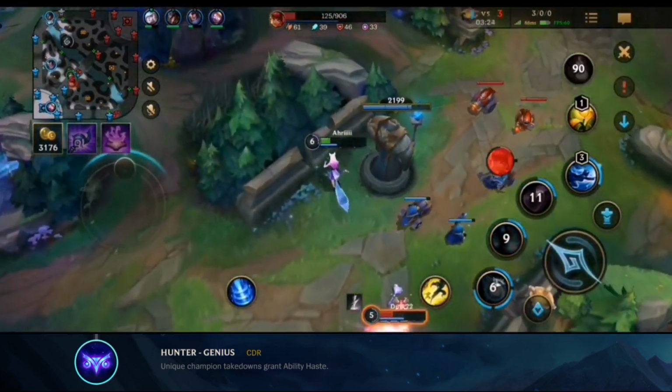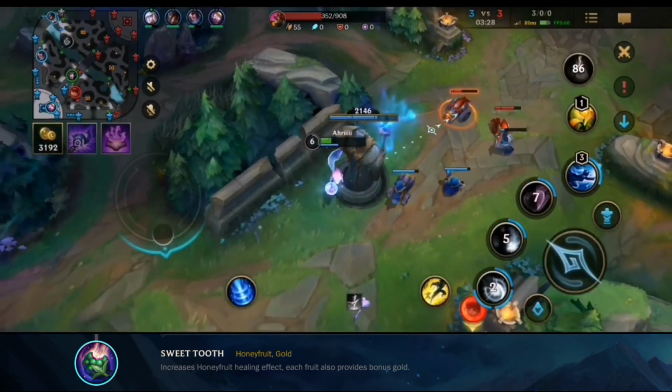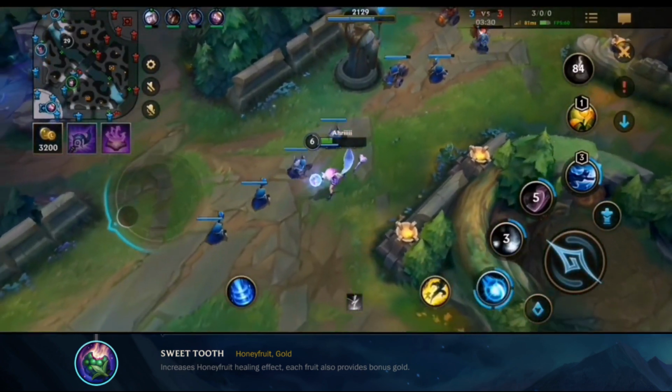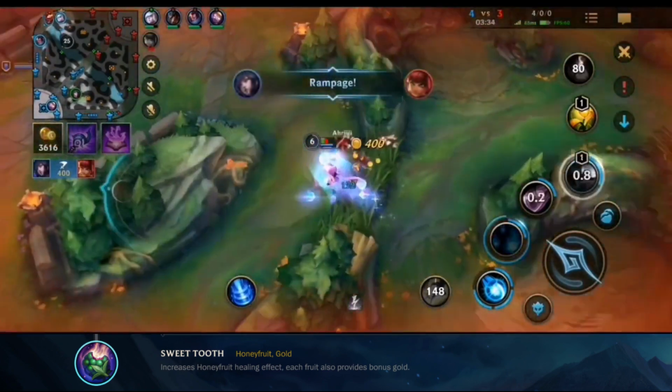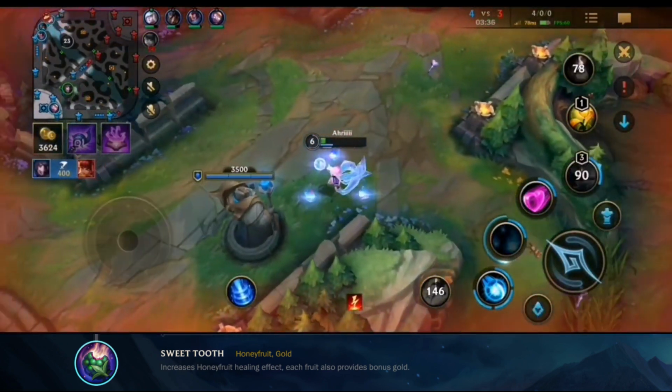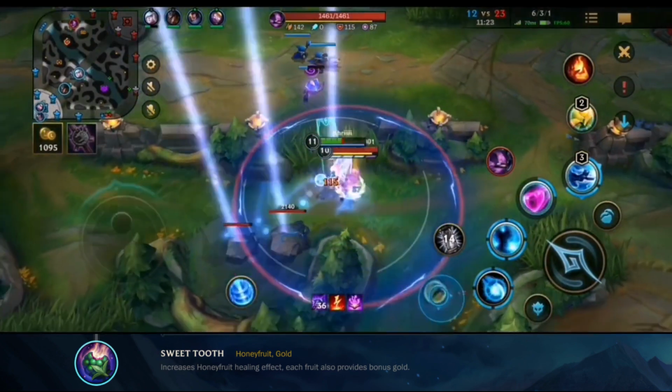The other rune that you can consider is Sweet Tooth, and the reason why you want to be taking Sweet Tooth is to stay healthy in lane and have the choice to give up CS. If you're playing against a matchup that you really don't like, let's say you don't like laning against Zed because you find Zed hard to lane against, then you can take Sweet Tooth and it'll give you a lot more